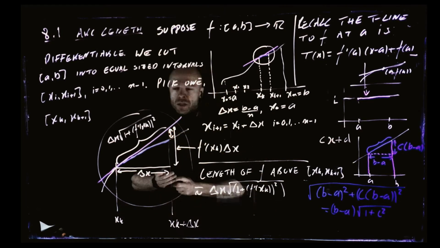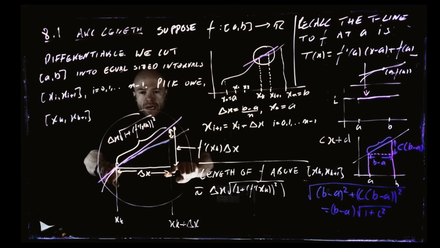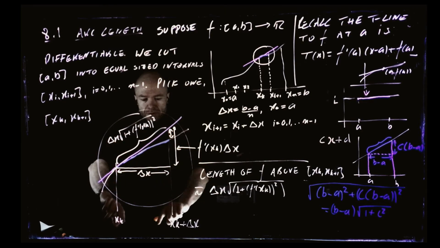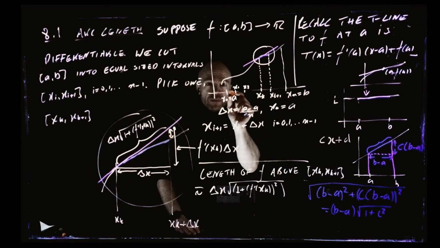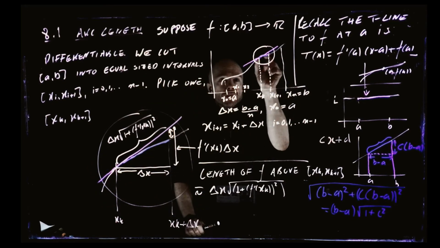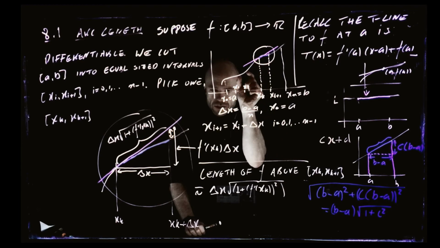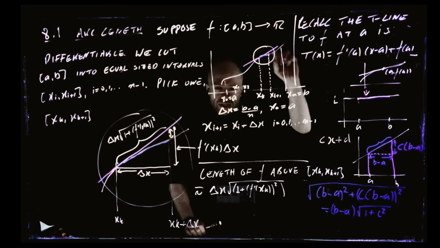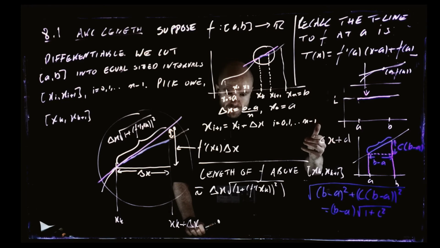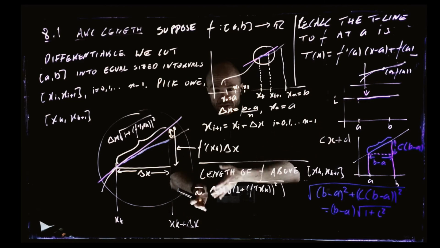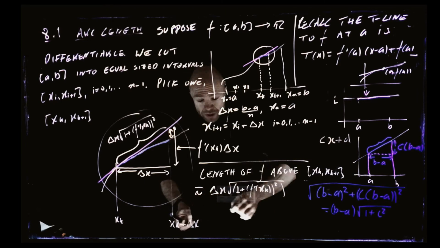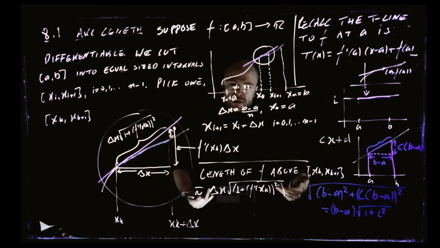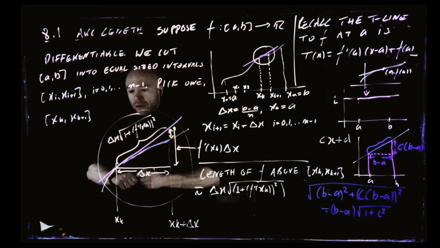Yeah? Cool. So we know the length of the curve above one of the intervals. And now if we just add up all of the little pieces here, if we add up the length above this interval and the length above this interval and the length above this one, that'll give us the entire length. Yeah. If we cut up a piece of string into n equal pieces and we measure the length of each piece and we add them up, that's the length of the string. Yeah. Cool. So the total length